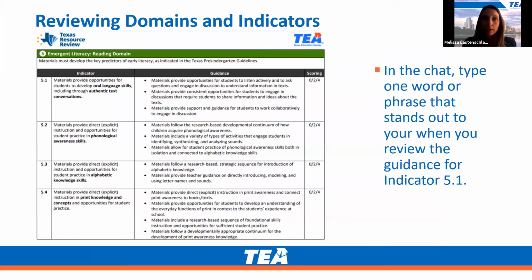So to start, let's take a look really quickly at this emergent literacy domain. I want to share with you and model how I might think about this by giving you a hypothetical situation. So let's just for a moment imagine that